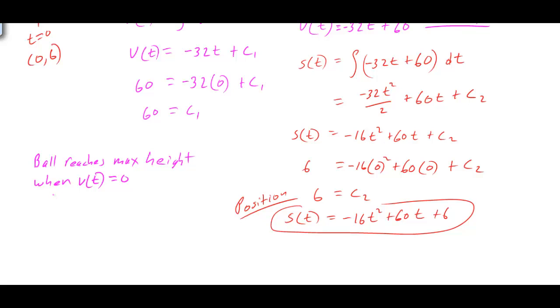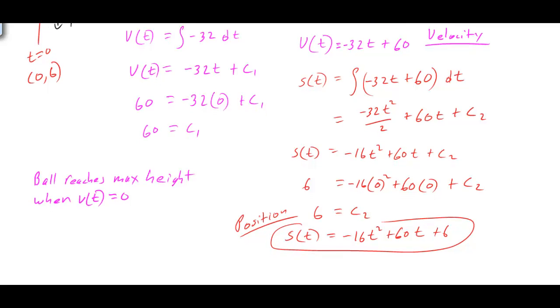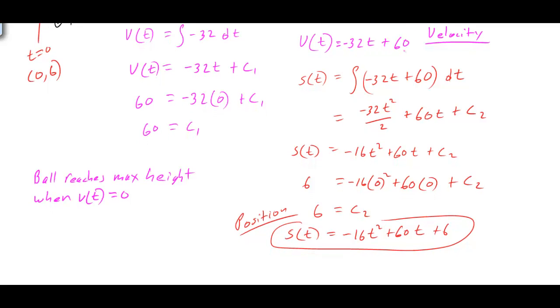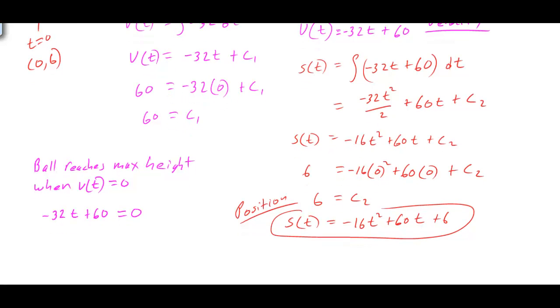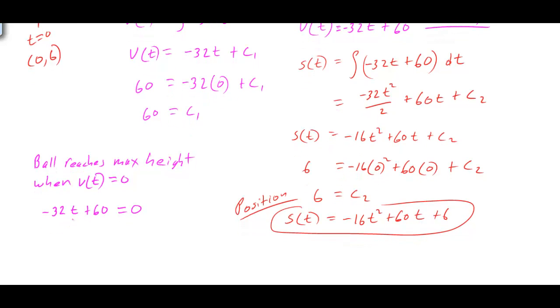So if you think about that for a minute, if we throw this ball up, we know that at the maximum height, the velocity has to be equal to 0 because it's going to stop before it starts to come back down. So therefore, when is the velocity equal to 0? Well, if we take our velocity function, which is negative 32t plus 60, we can set that equal to 0. And by doing so, we can find the exact time at which the ball reaches this